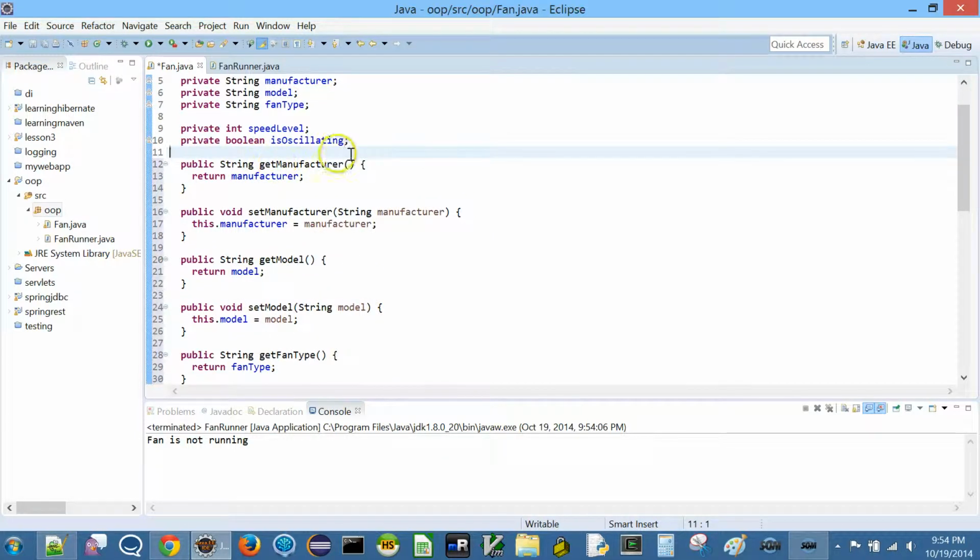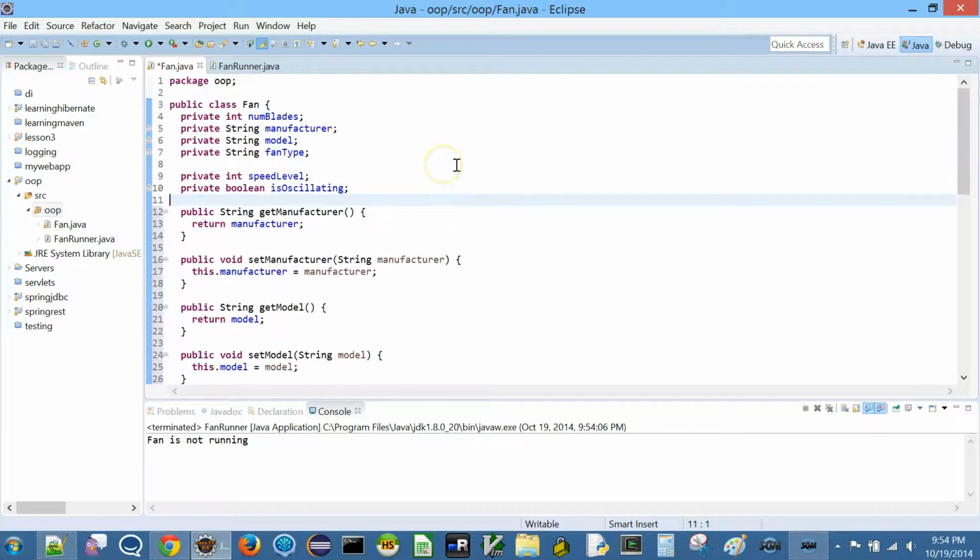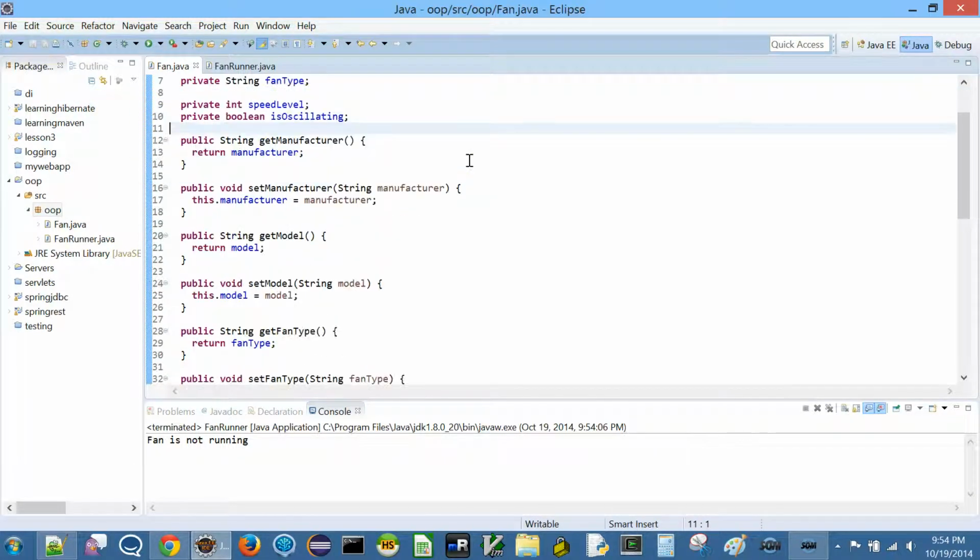See, now magically all these fields have a getter and setter, and all our warnings have vanished, right? So if I just save this, all our warnings go away. So here it says get manufacturer, set manufacturer. See here, one more thing. Eclipse is highlighting this manufacturer as a local variable inside this method. That is, this argument is this one. Now this is in blue color, as you can see.